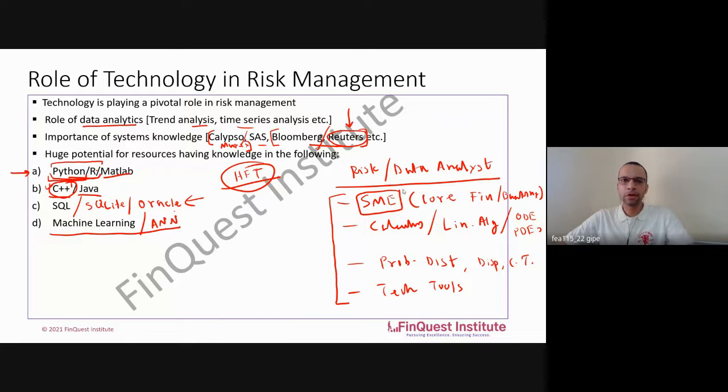So today, if someone tells you to do bootstrapping, you may use a Python library to do it quickly. But tomorrow, if someone says that Python is not accessible, we want you to do it in Excel VBA, then you should be comfortable with that as well. So your knowledge and the concepts have to be clear so that you're able to use any tool. So I would say subject matter expertise.